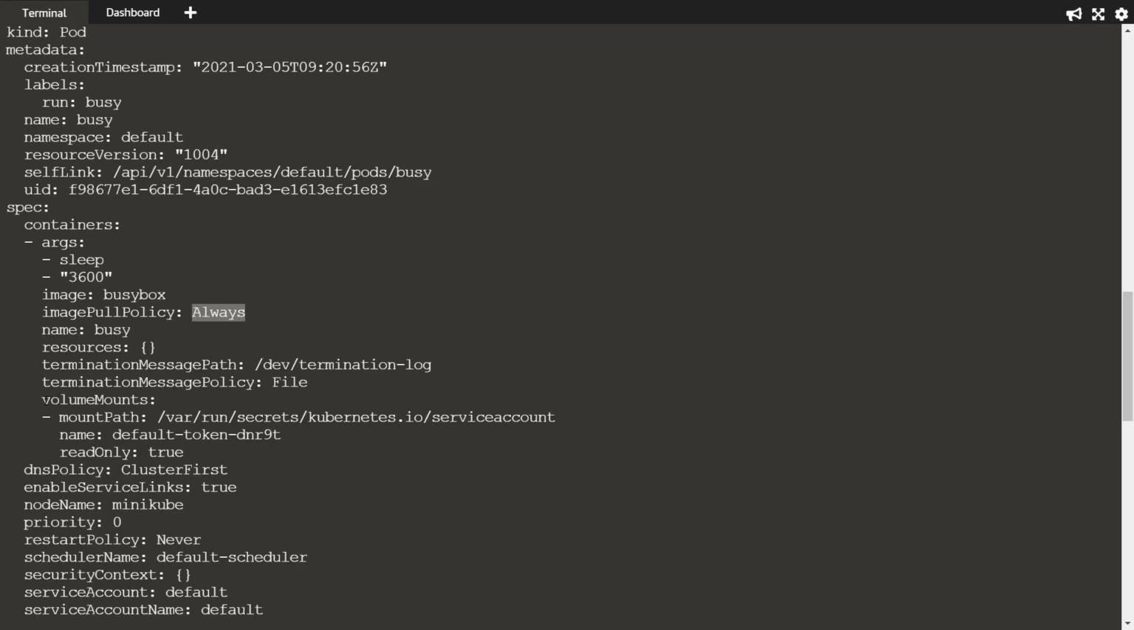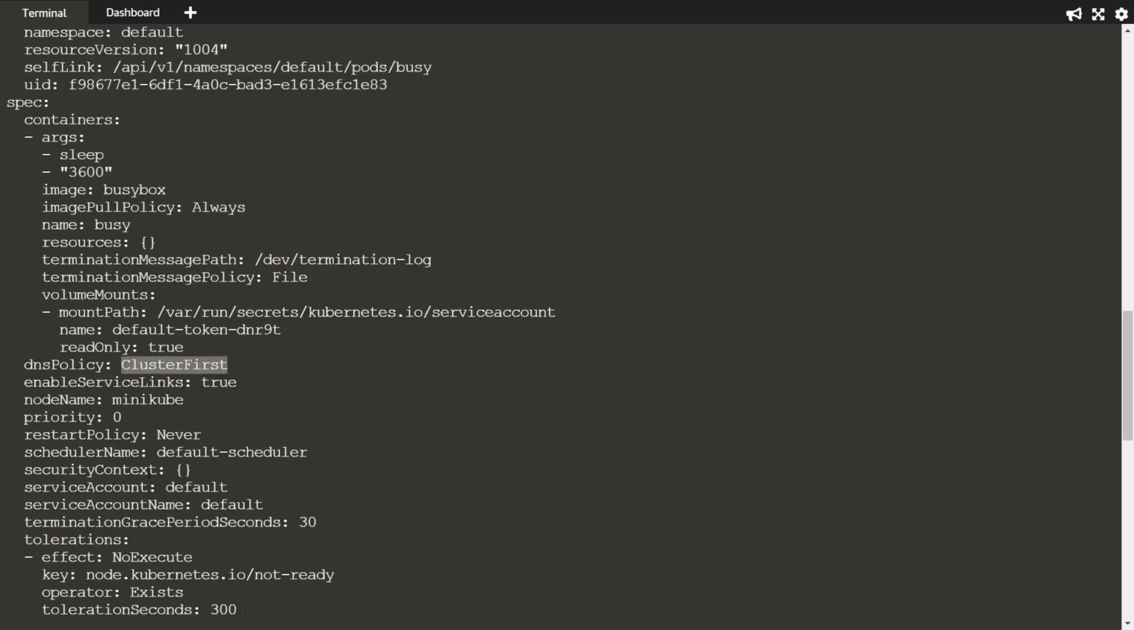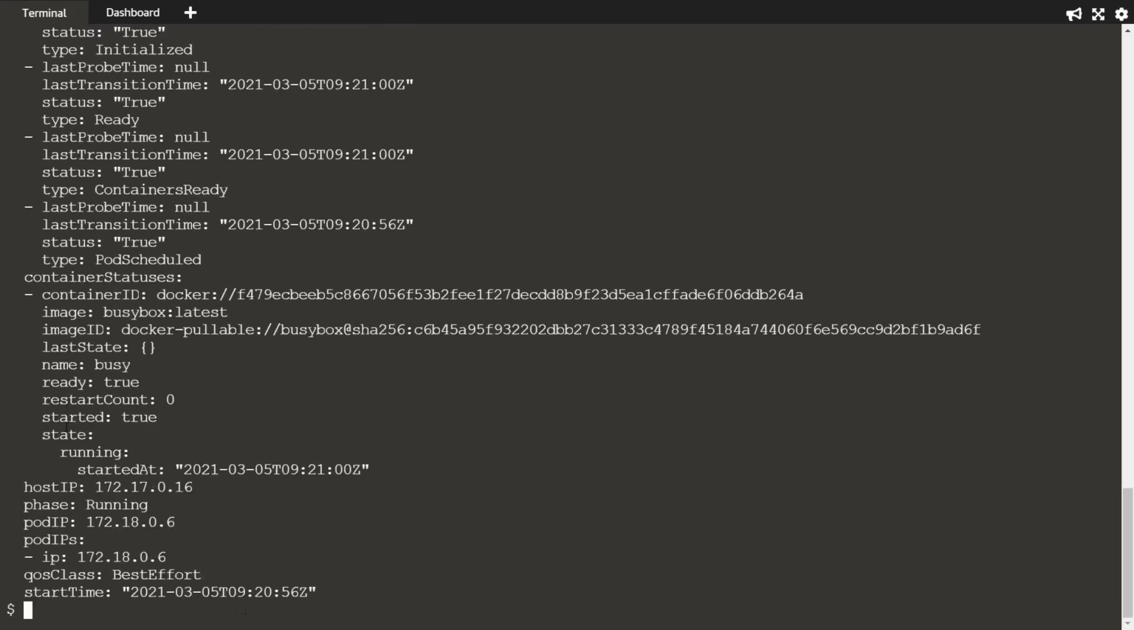And you can see that it also has volume mounts, right? So it does mount something, but it's not a storage, it's a service account which comes to this container as a volume mount, and we will talk about it later. And then the cluster first DNS got assigned. So these are all things which got assigned. Now, what is most important is that you can,